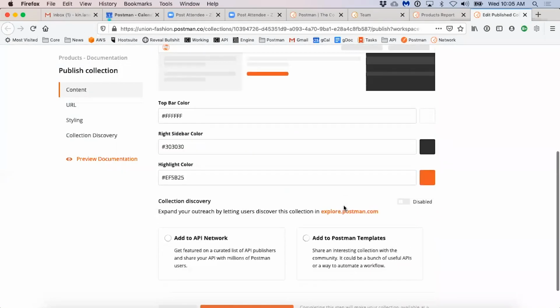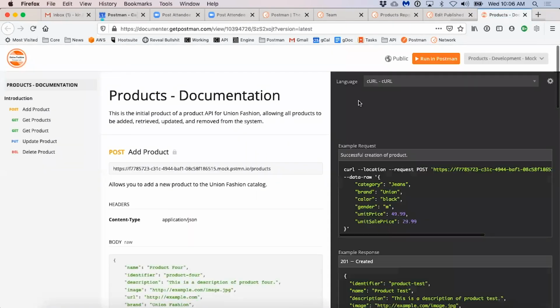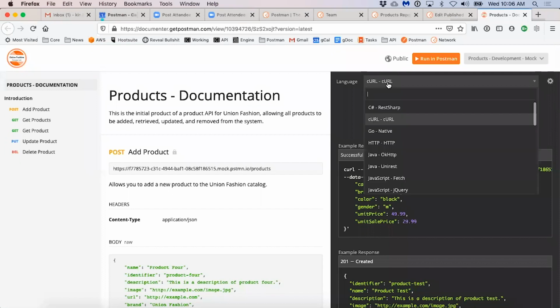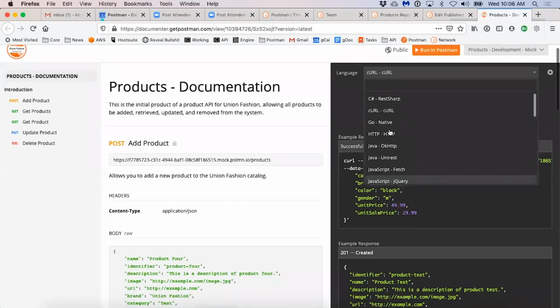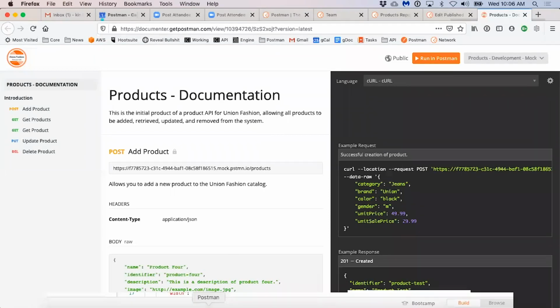Jeff can then publish these docs, see the actual documentation for the API that is being built, see how it works, see examples, get client code scripts in different languages, and then other team members can actually run in Postman here and actually put this API to work and see how it operates without an actual API actually having been developed.